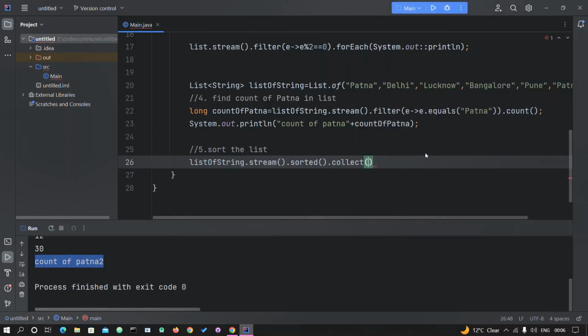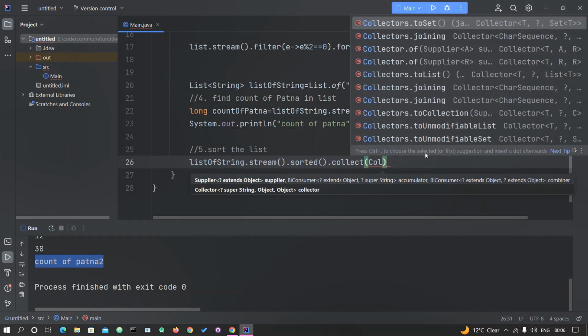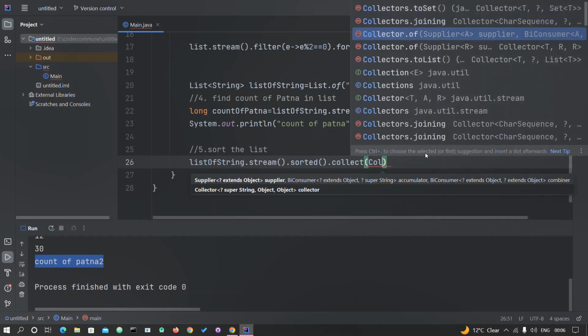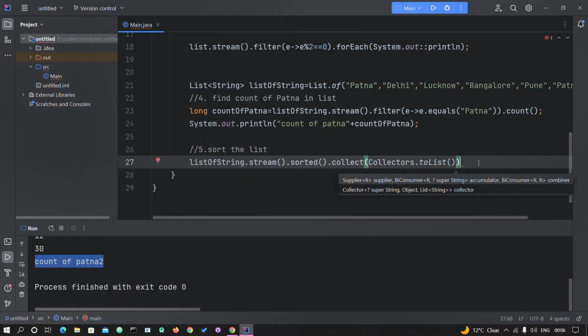So maybe collect, and collect dot toList. So I'm going to collect in the list,